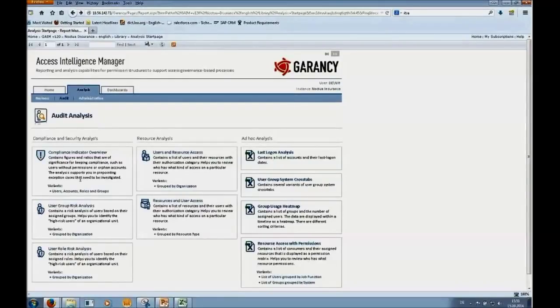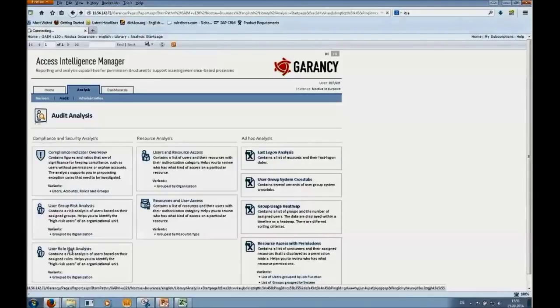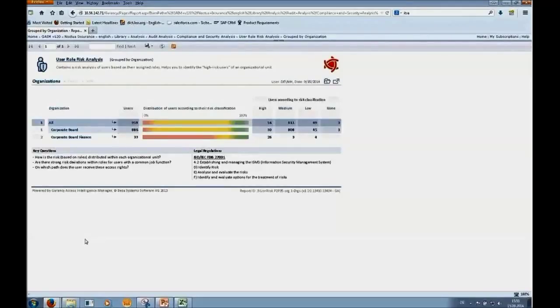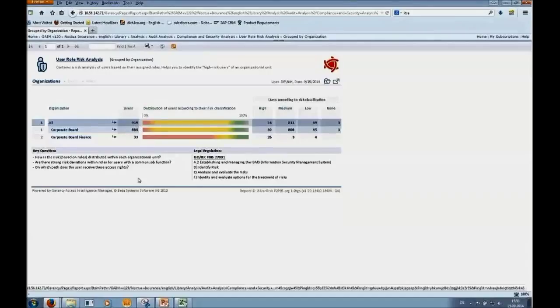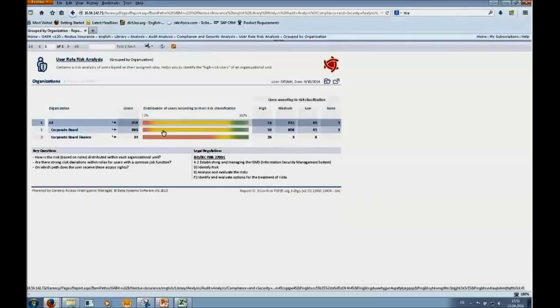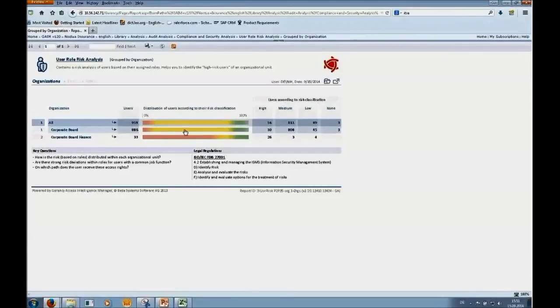Another segment, of course, we've spoken about the risk model. I can go here not just by the compliance indicator, I can have a direct look at the user risk profiles. You can see now the entire organization, 919 users are in that organization. And what you can see are the heat bars for the individual organizational units. We are now on the top level of the